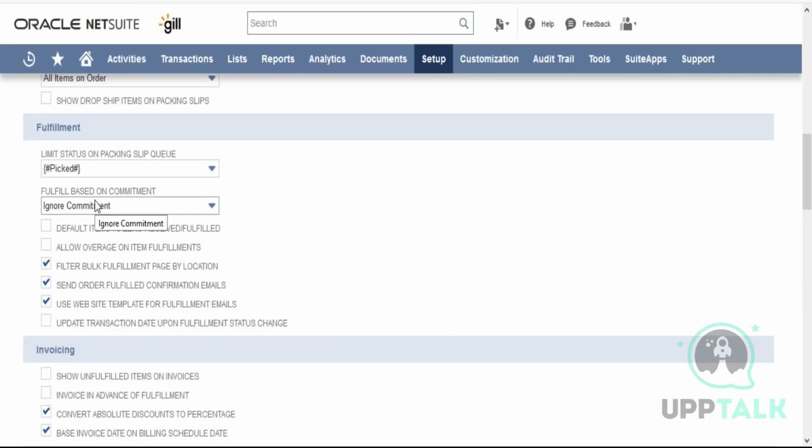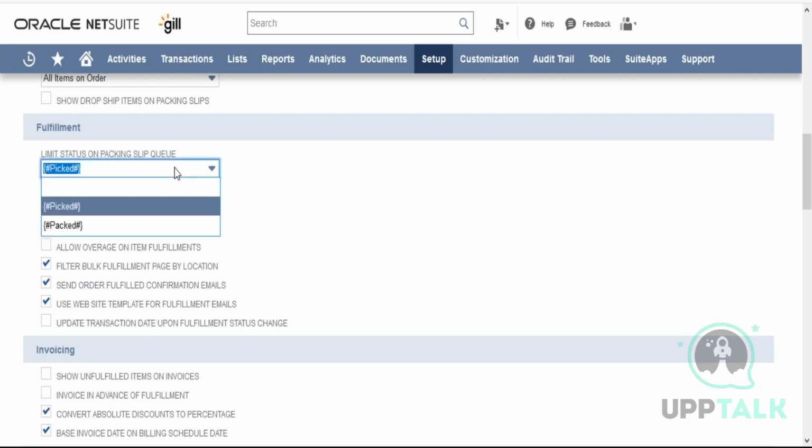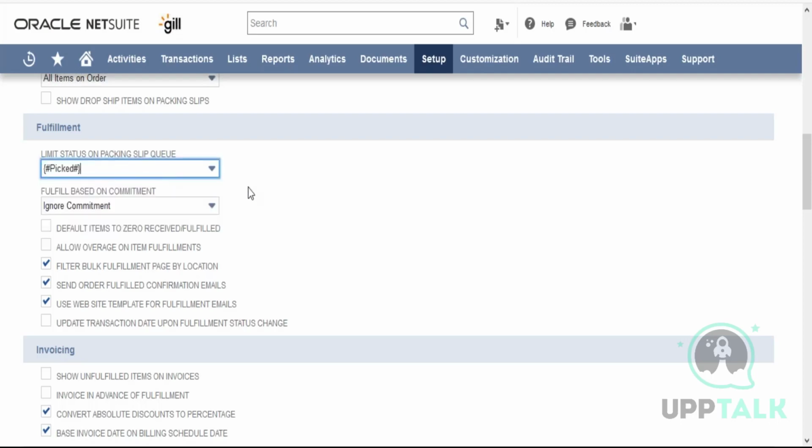Going ahead, there are some fulfillment related options or preferences available. So limit status on packing slip queue, whether it should be picked or packed, whether the